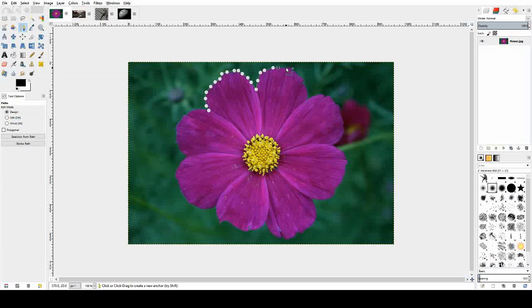If I used less dots here, it would have a very jagged edge look and would not really display an accurate picture of an image of the flower. So I'm just going to quickly run through this, probably not being very accurate with it, but it's just to show a demonstration on how this tool works. So as I return back to my original spot, if you hold Control while clicking on the original spot, it will finish it off for you,